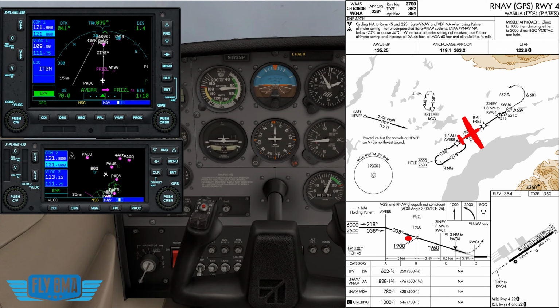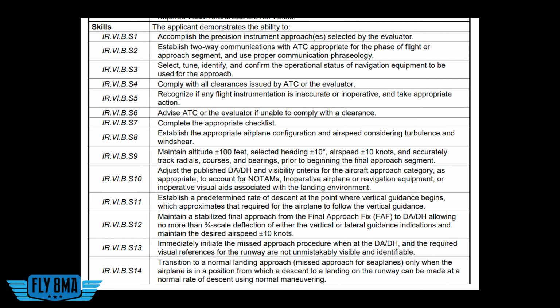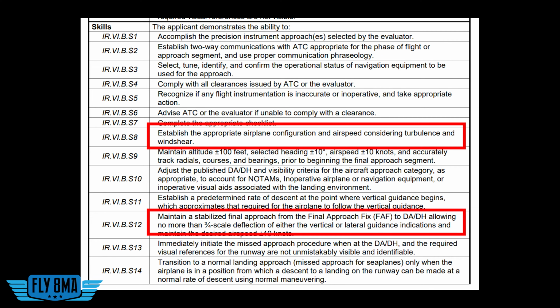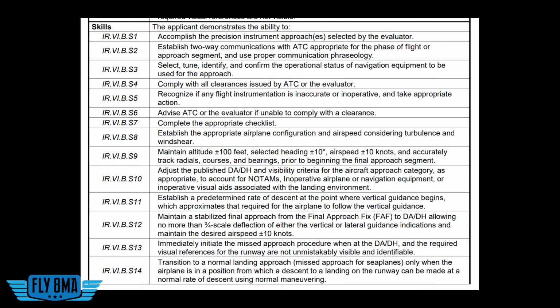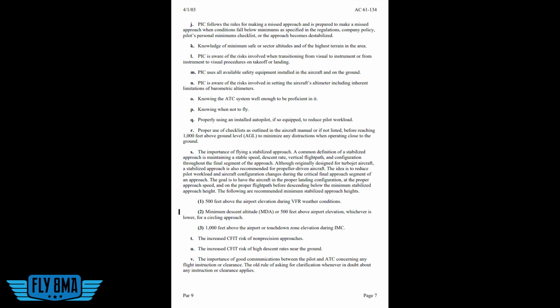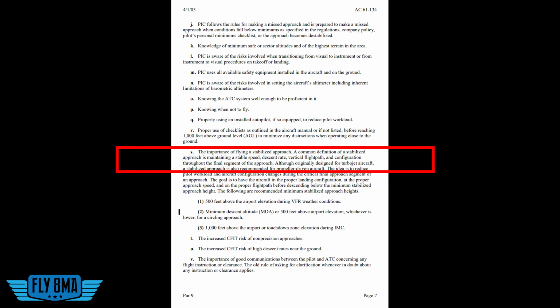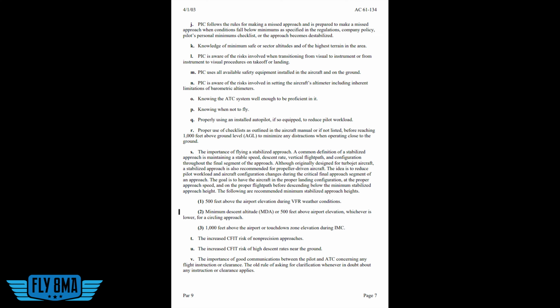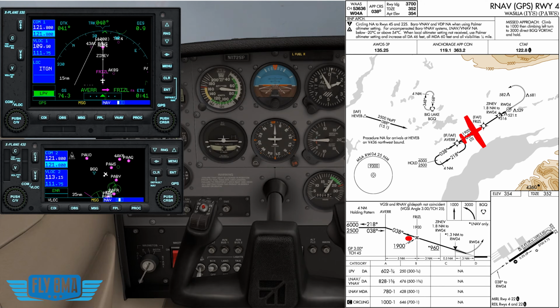I know in the training atmosphere we do sometimes, trying to save time and money, but for the purpose of the checkride, the ACS wants you to be on speed, at the appropriate speed, configured appropriately, and stable. And stable means that at 1,000 feet AGL, we are on speed, fully configured, all good to go. So rather than waiting to 1,000 feet AGL when we're already trying to track the glide slope down, let's just do it now. And then as soon as we intercept the glide path coming across the final approach fix, life